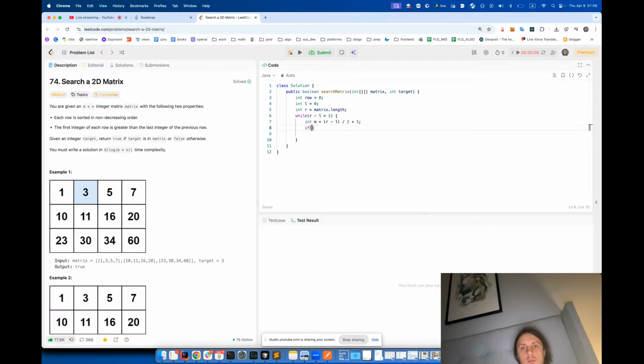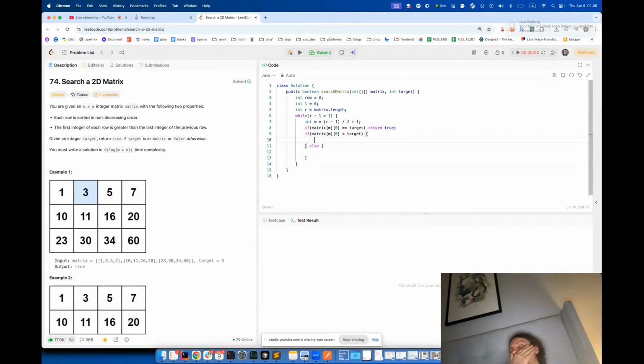And here we will check if matrix, so here we have row m, and we need column 0. So we check the 0 column. So if it's equal to target, then we return true. Otherwise, we can just check if it's less than target, and else. So if target is greater, then we should